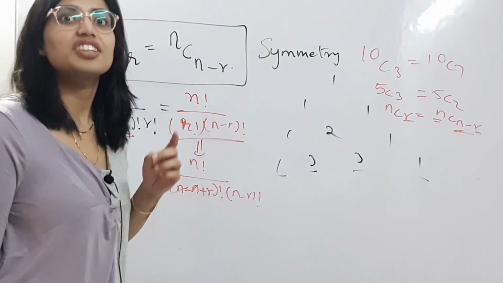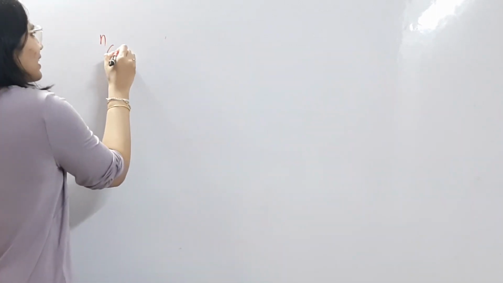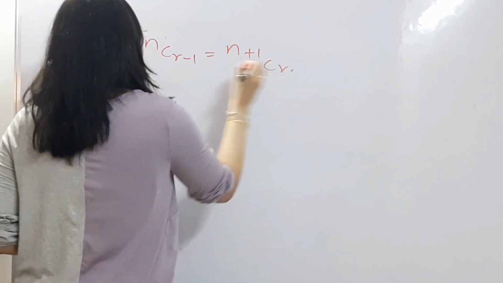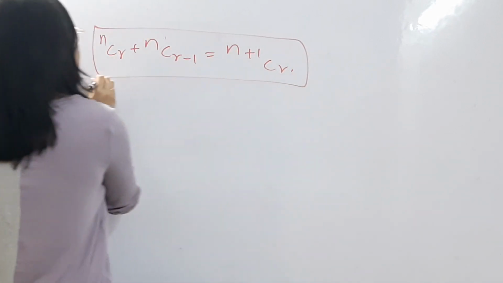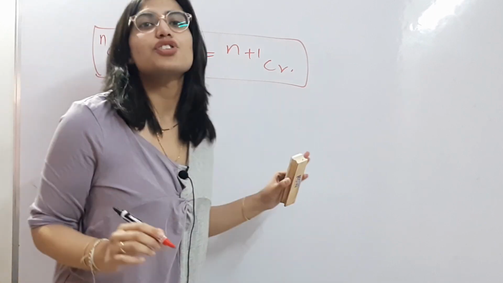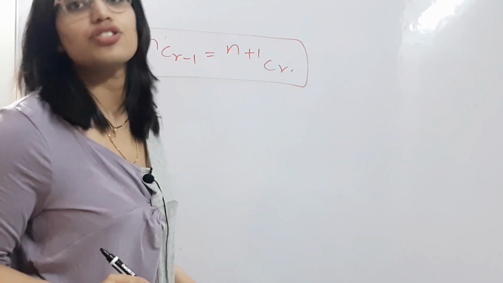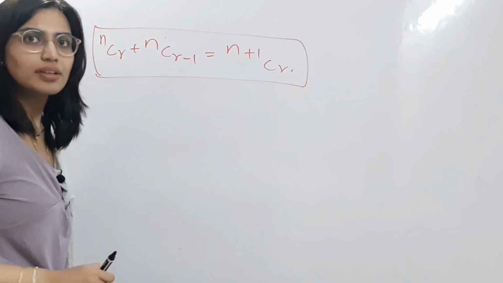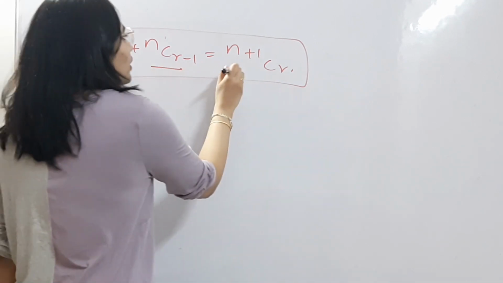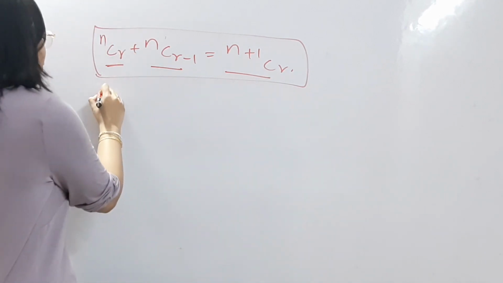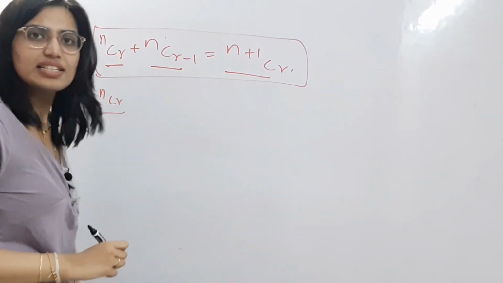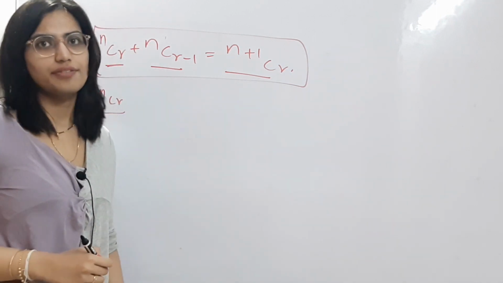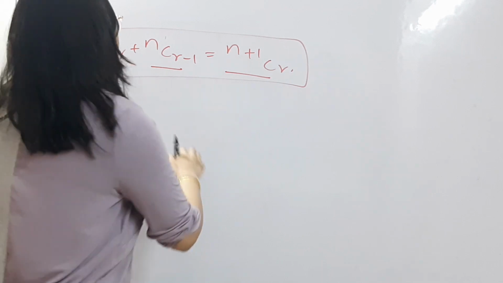Another important property that you need to remember is nCr plus nC(r minus 1) is equal to (n plus 1)Cr. This is extremely important and they will test you on this in EAMCET or AIIMS for sure. Especially in EAMCET, I still remember that this problem has come. You can prove this again using the formula of nCr and you will get the result. I am not going to prove it in this video, but you can try and prove it yourself. Okay, so this is the most important property.